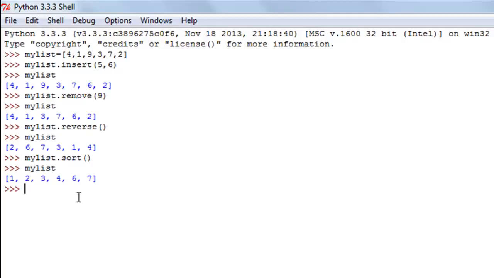So that's it about list functions, and these were all the functions that I wanted to discuss in this course. In the next tutorial, we're going to talk about some tuple functions,